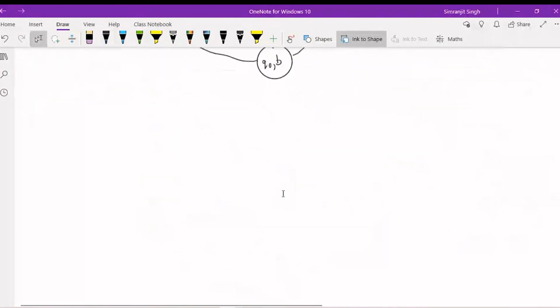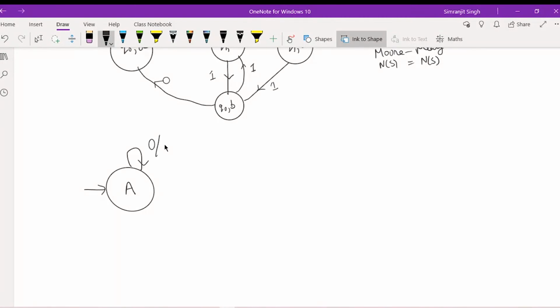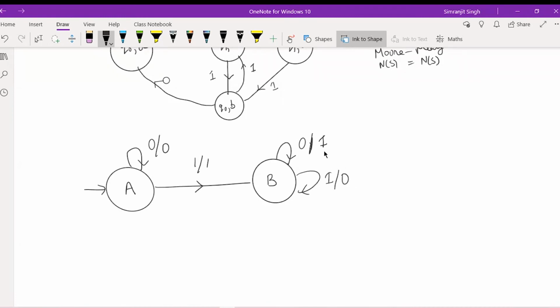If I give you another question, you should solve it yourself. I will tell you the answer in like 2 or 3 minutes. Just try this question. This is again a similar question, just a little bit of difference here. Now if you see on B, the output of 1 is coming as well as the output of 0 is also coming. So that is the problem here. On B you have to change it. So try it yourself and post your solution in the chat box. Just take like 2 or 3 minutes, not more than that.